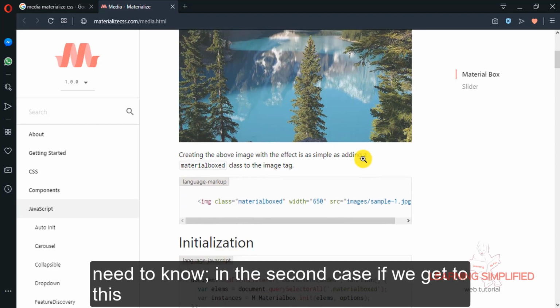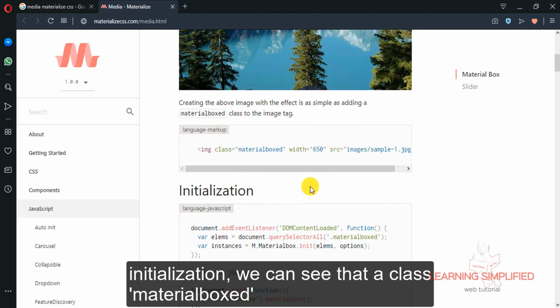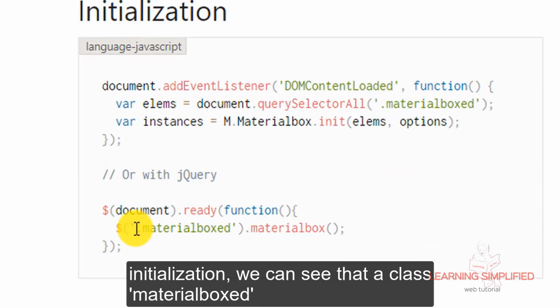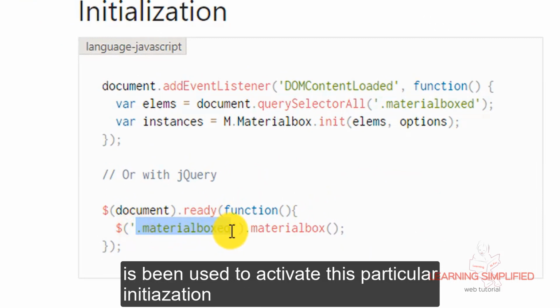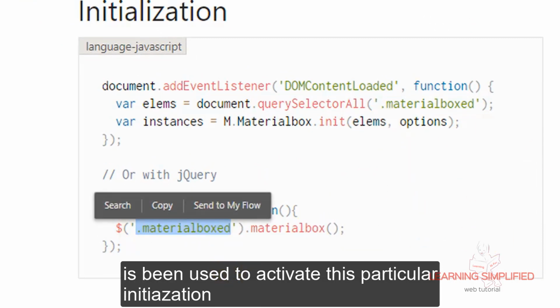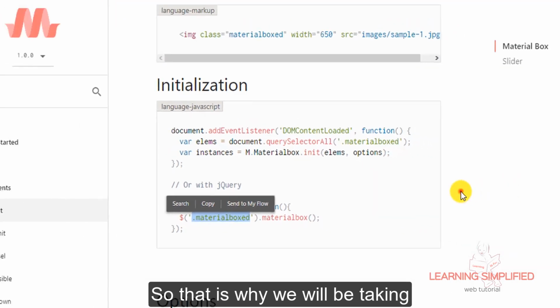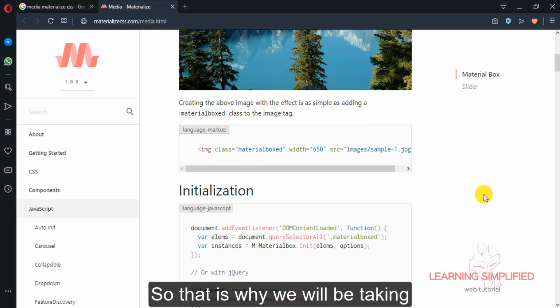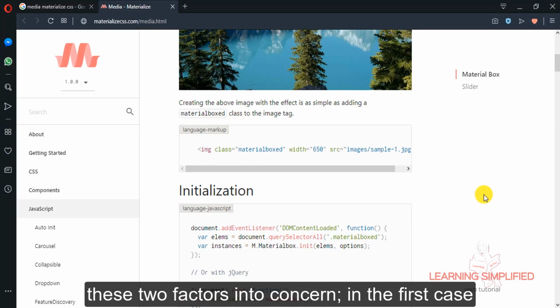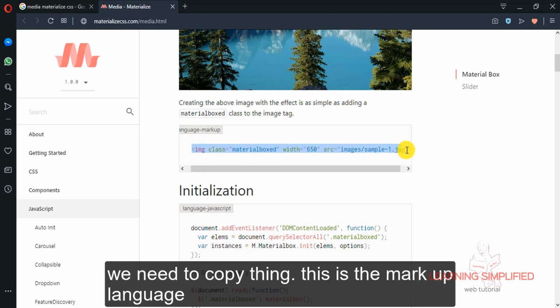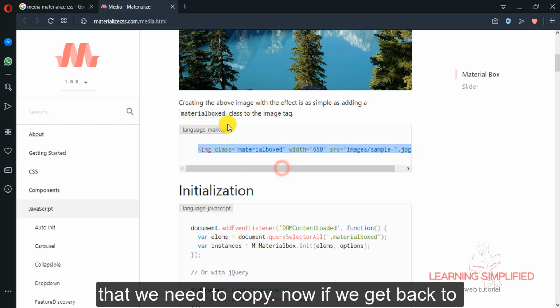In the second case, if we get to this initialization, we can see that a class materialboxed is being used to activate this particular initialization. So that is why we will be taking these two factors into concern. In the first case, we need to copy this thing. This is the markup that we need to copy.